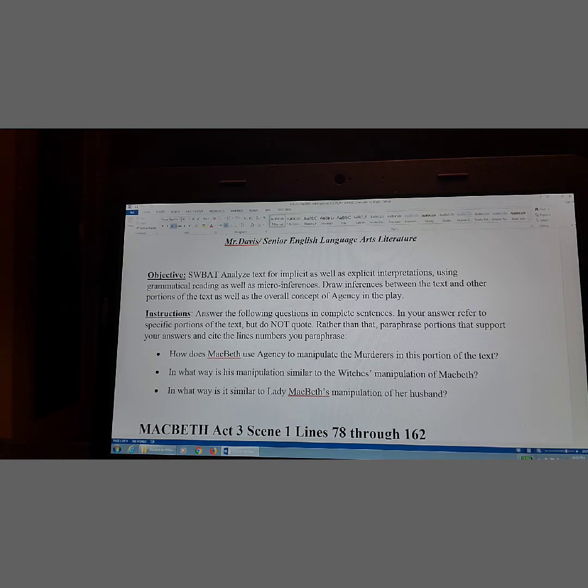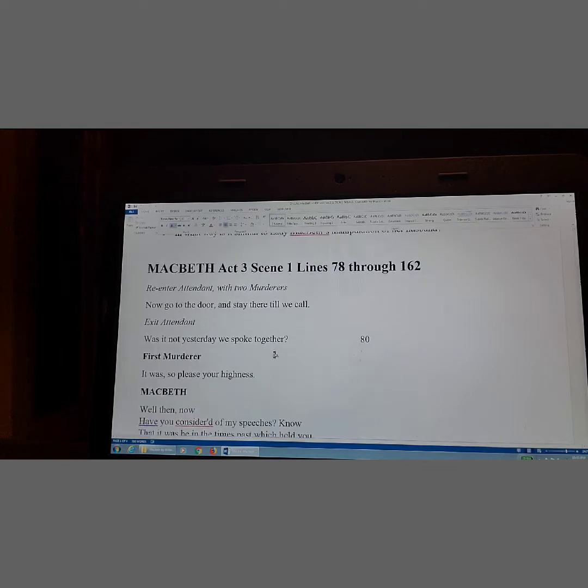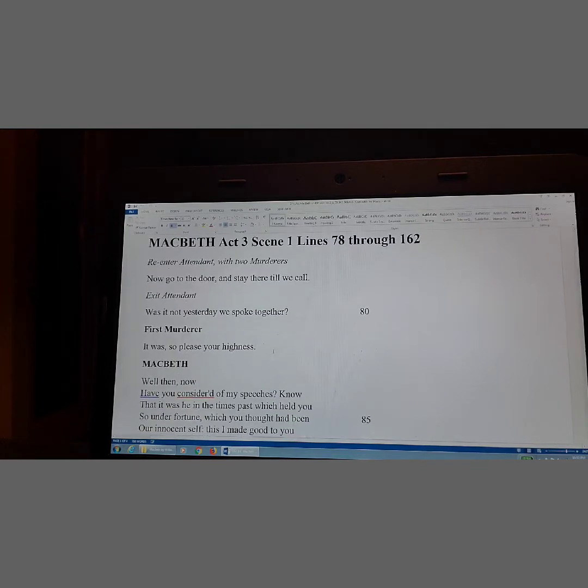So, how does Macbeth use agency to manipulate the murderers in this portion of the text? And the murderer is who he's talking to. And in what way is his manipulation similar to the witches' manipulation of Macbeth? Okay, so we've talked about that previous to this. And in what ways is it similar to Lady Macbeth's manipulation of her husband, which we've also talked about sort of ad nauseam. Okay, so